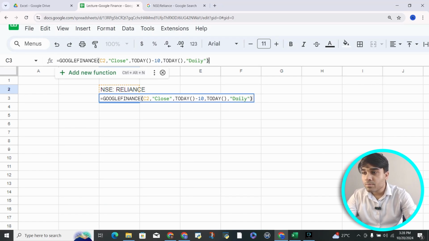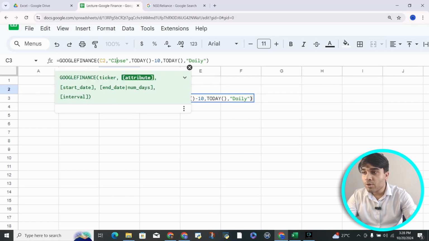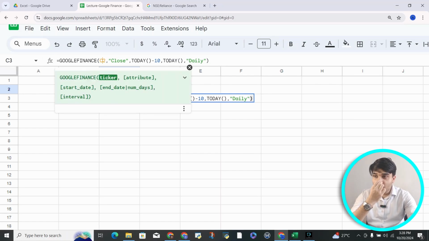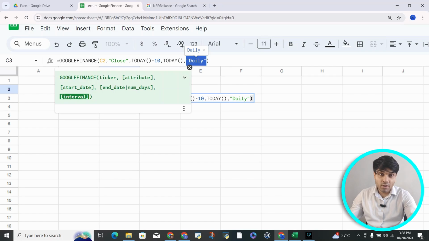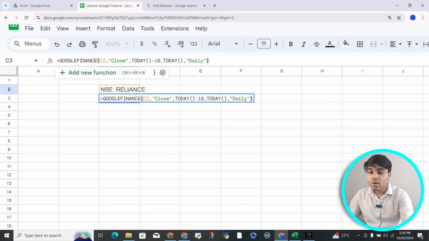Now, if I'm going to click on the question mark, C2, that is a ticker which is in cell C2. Then I have what do I really want to have, what is the starting date, what is the end date, and what is the frequency. Do I want data monthly, weekly, yearly, daily, quarterly, whatever it might be, right? So we click on enter here,